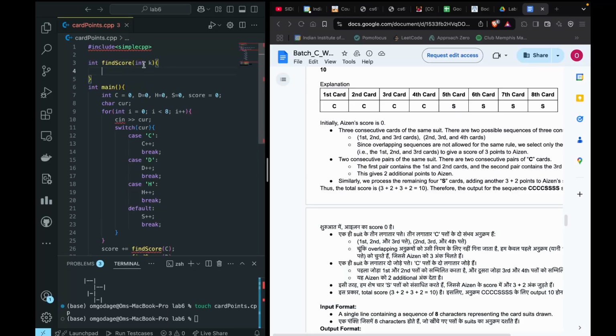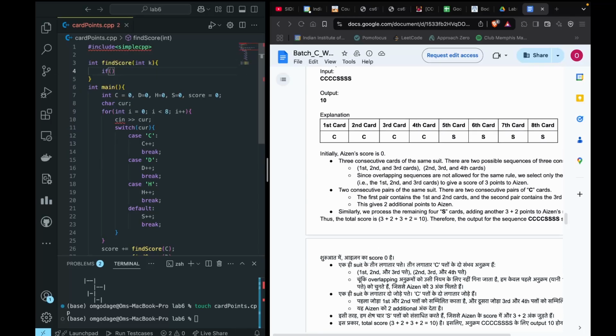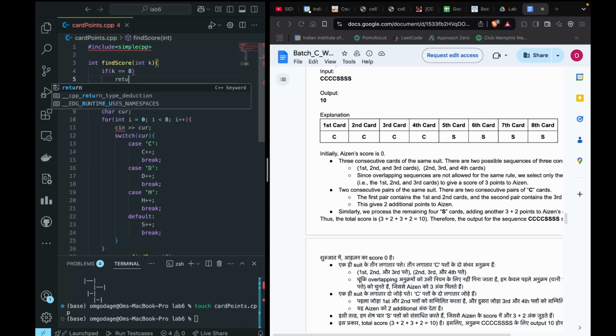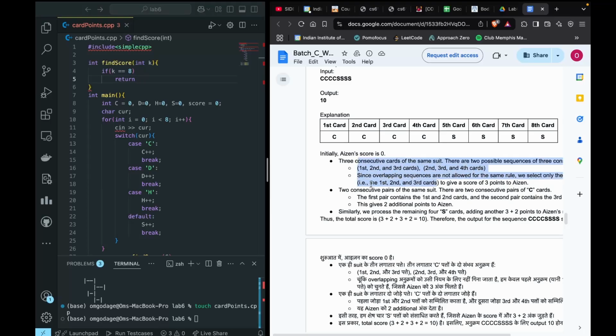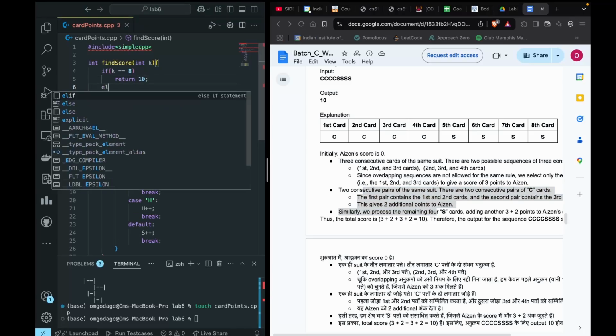Int k. K is the number of cards of a particular suit. Okay. If k equals 8, return. If all of them are one suit, then you will have 2 4s and 2 3s. So you'll have 2 of these, and then you'll have 2 of these as well. So that will be 2 plus 2 4 and 3 plus 3 6, so that will be 10. Return 10. Okay, else if